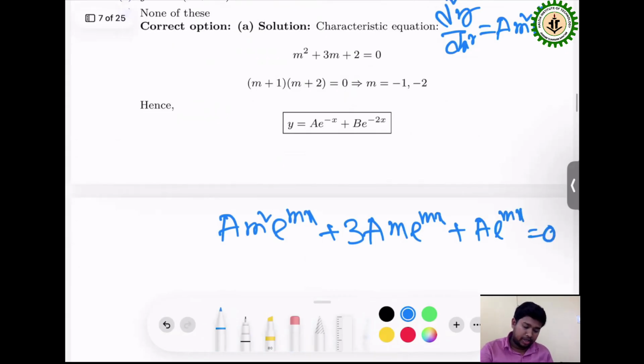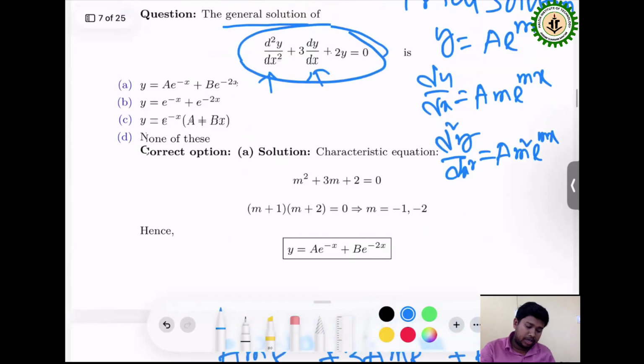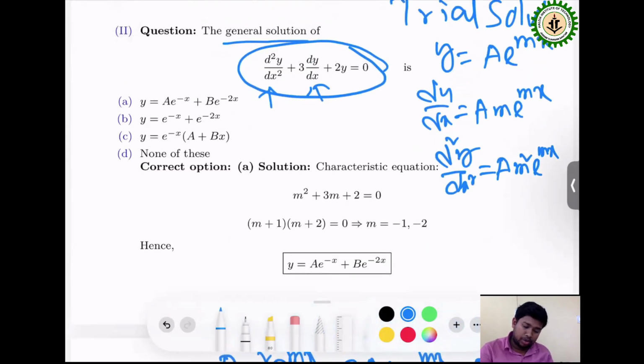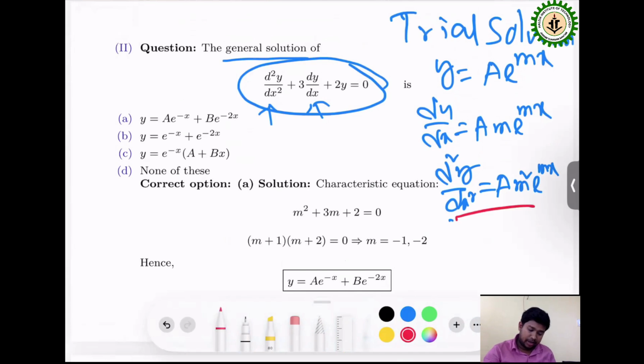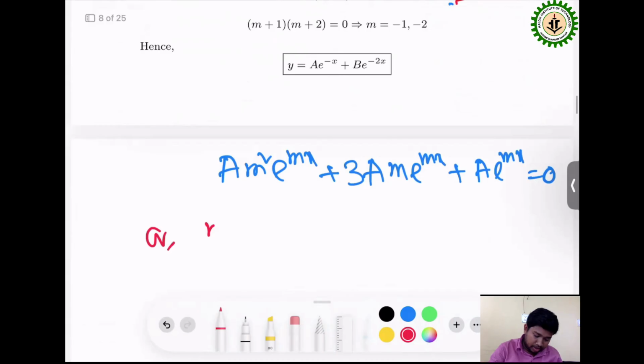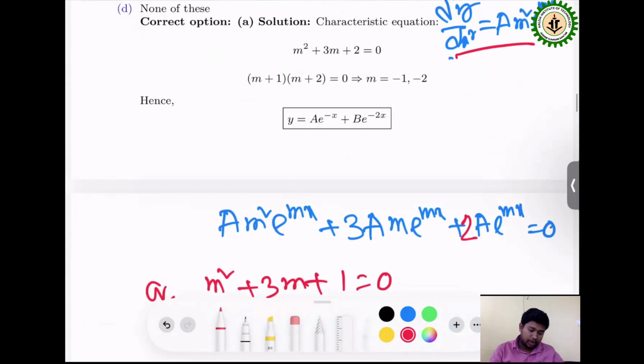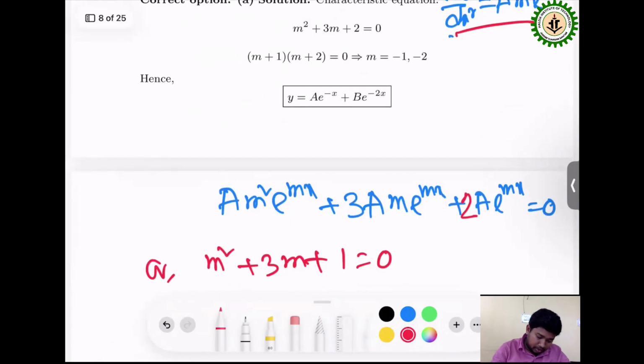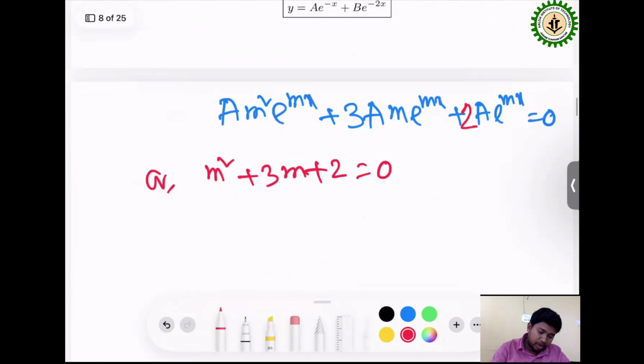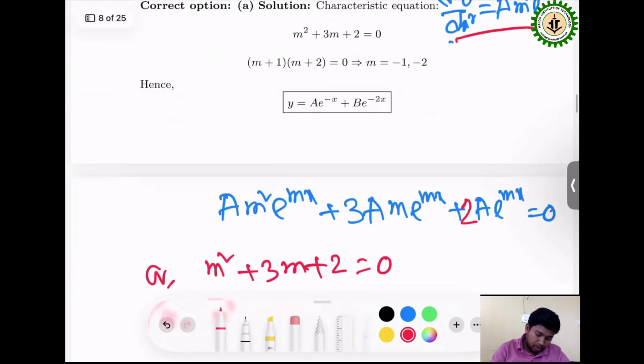We put all the values from the differential equation here: d2y by dx square plus 3 dy by dx plus 2y equal to 0. We put d2y by dx square here, and for dy by dx put a m e to the power mx. So we get m square plus 3m plus 2 equal to 0. Then we calculate here m square plus 2m